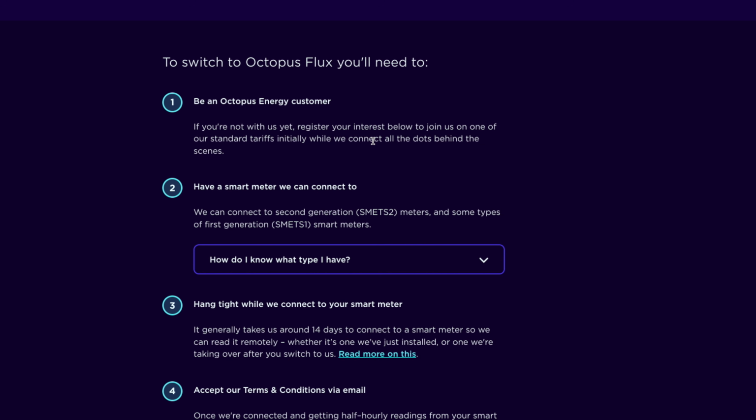You do have to have a smart meter. So either a SMETS 2 meter, which in a more modern building you'll tend to have as standard if your house is built after, say, 2018, something like that. Or you have to have a valid, secure SMETS 1 smart meter. So Secure is the brand of the SMETS 1 smart meter. So you need to have smart meters for this to work. And obviously, that's how Octopus are able to find out how much you're importing and exporting to get the right payments. Obviously, then you sign up to the terms and conditions as you would,